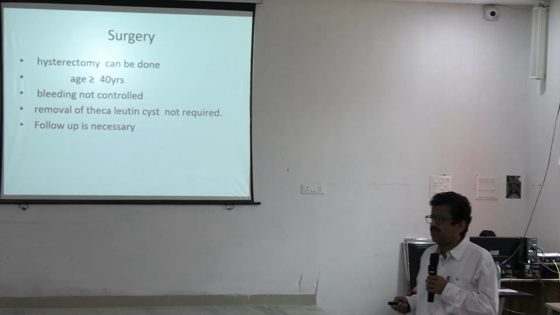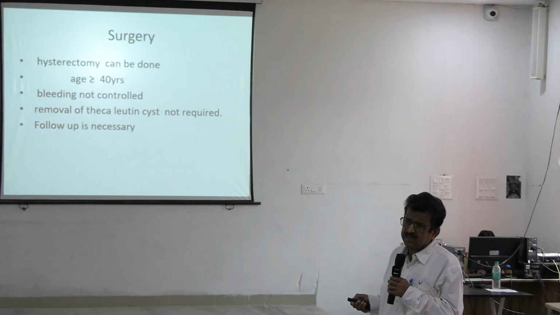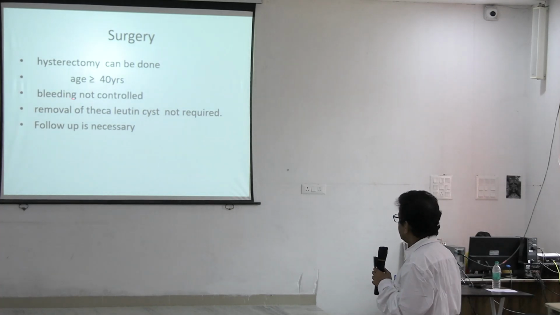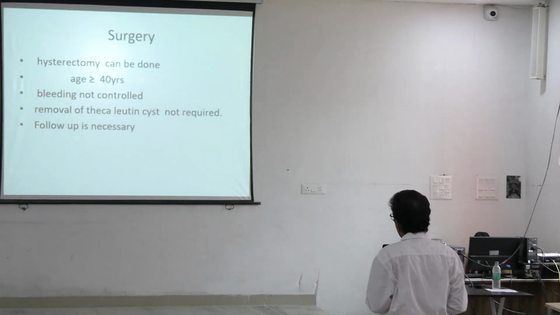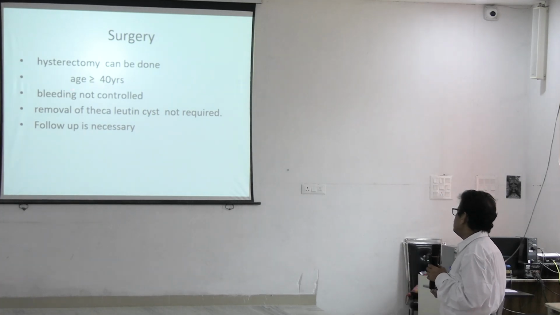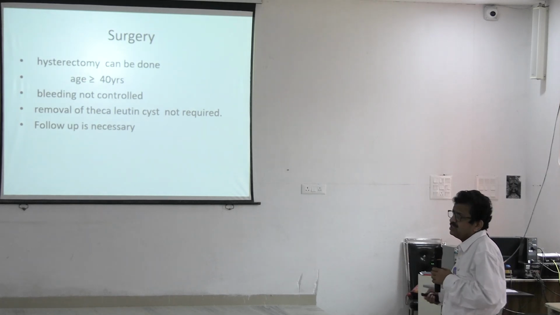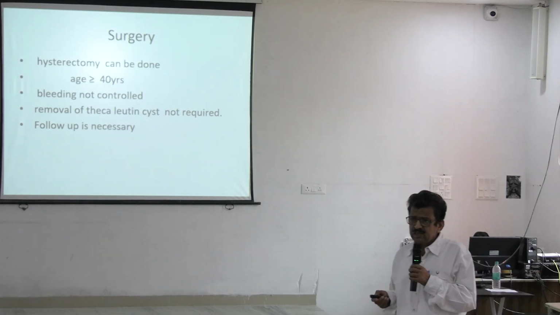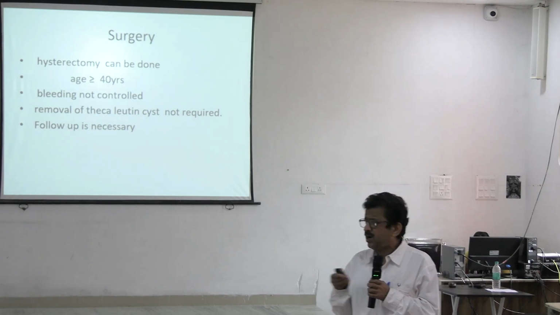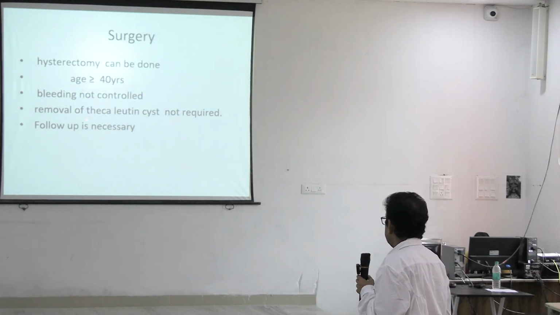So initially whenever there is bleeding, we give blood and give methotrexate injection. Usually it does respond, but if it does not respond and the patient's condition is deteriorating, in that case we may resort to hysterectomy, removal of uterus. Removal of the ovarian cysts is not required. During hysterectomy, as both the ovaries are cystic, you need not go for removal of the cyst,